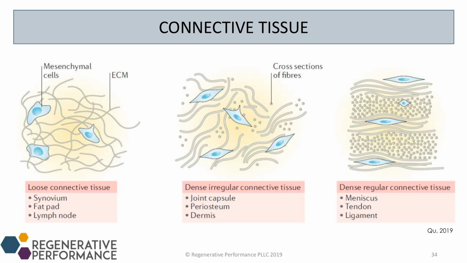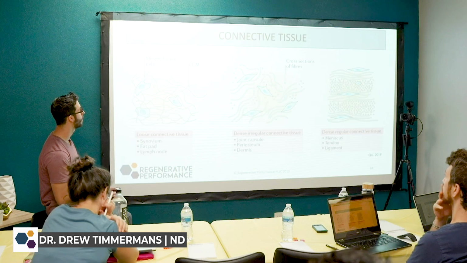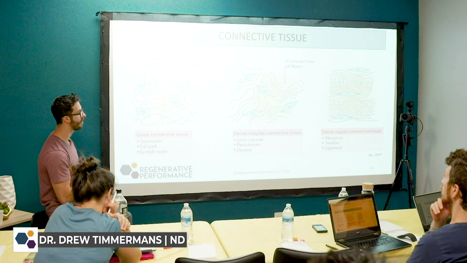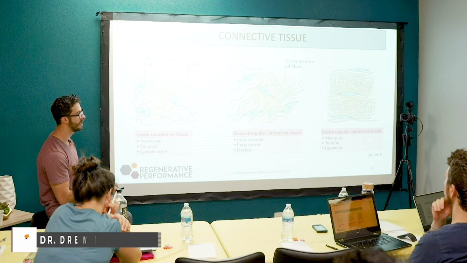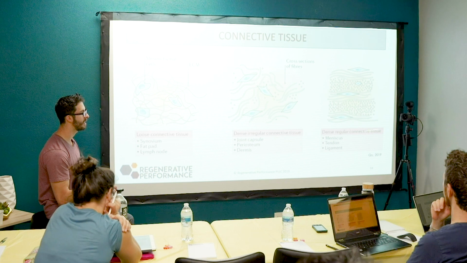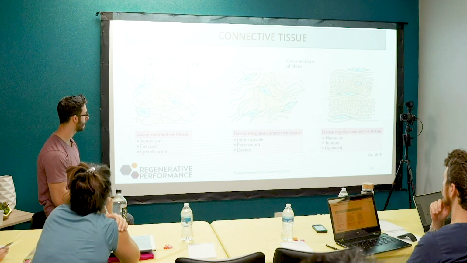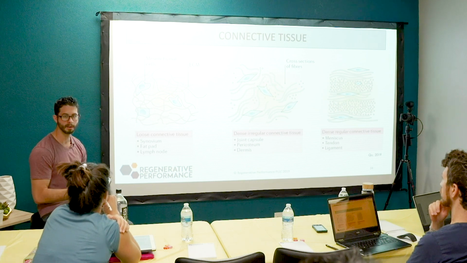different types, right? We have our loose, our dense irregular, and our dense regular. This is going back to first year med school / undergrad here. But it's important as we start to implement therapies for this that we start to understand what we're working with, because different areas can respond differently to different approaches, right? The tendons, ligaments, and meniscus might do a little better with a particular injection therapy compared to the fat pad,